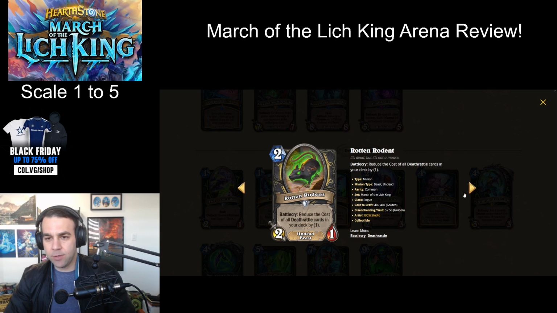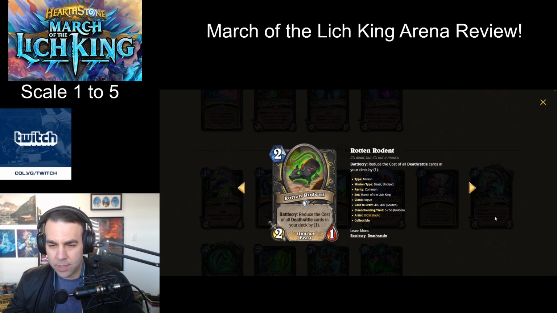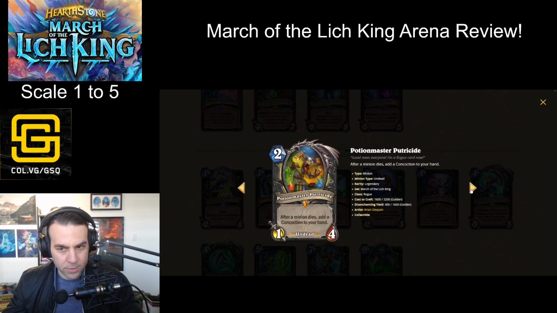Okay. Rotten Rodent. 2 mana, 2/1 Undead Beast. Battlecry, reduce the cost of all Deathrattle cards in your deck by 1. Wait, hold on. Wait, what is this? Is it a Rogue card? What is the color? Hold on. Am I crazy? Oh, it is a Rogue card. Okay, I don't know why my brain started...